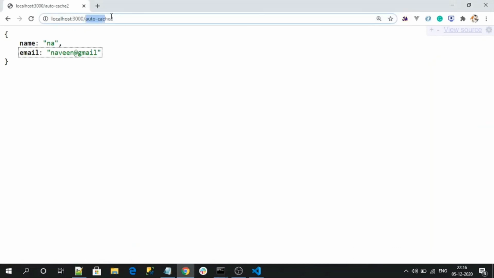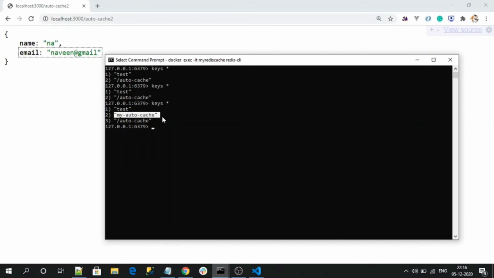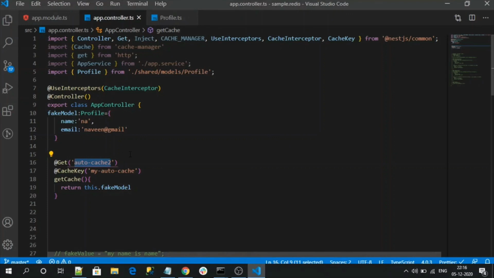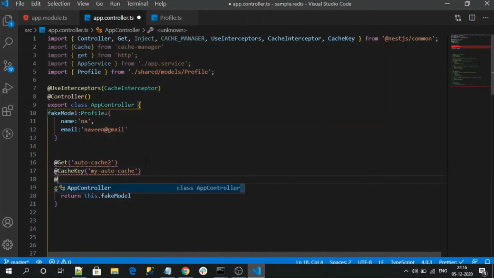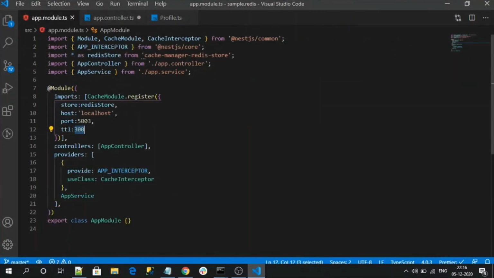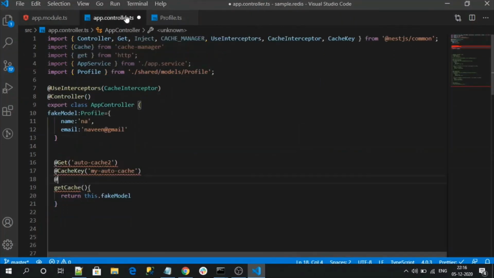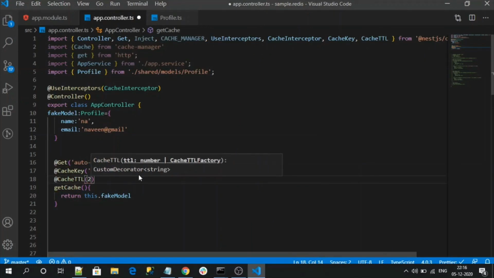Instead of auto-cache-2 being saved as the key, now I have overridden that value with my auto cache key by using the decorator called CacheKey. In a similar fashion, we can override the global expiration time by using another decorator called CacheTTL. Here I can specify 240 seconds, like 4 minutes.